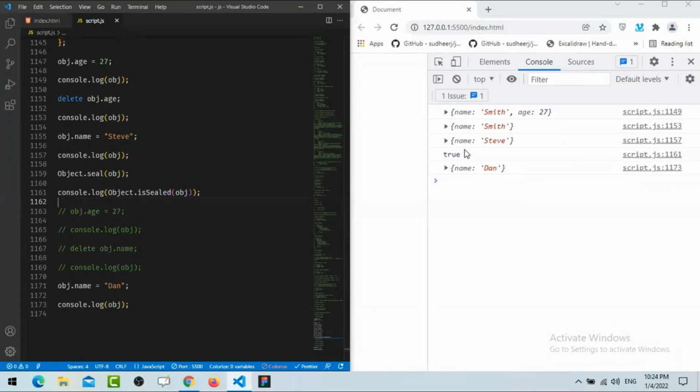See here, it is sealed, and after sealing this, I'm not able to add anything, I'm not able to delete anything, but I'm able to overwrite. That's fine. So likewise, we have another